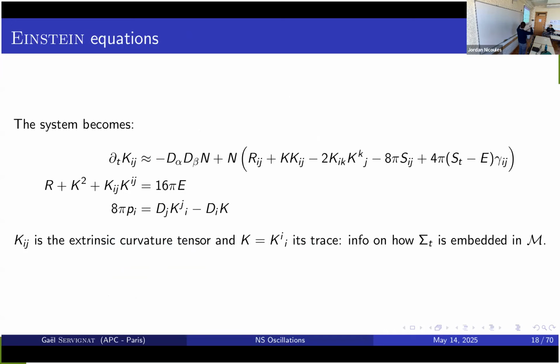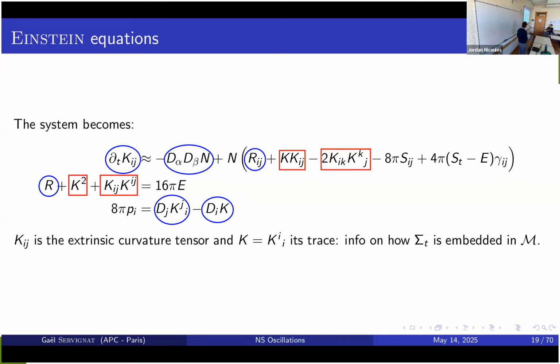So you do a bunch of geometrical operations, and the Einstein equations look like this. Okay, I forgot the important thing. The blue circles are second order terms, and the red squares or rectangles are products of order one terms. This means that all of this is very, very nonlinear, and is once again a justification of why you need the computer to solve it. The rest of the terms are matter, and they come from the particular energy-momentum tensor that you choose.